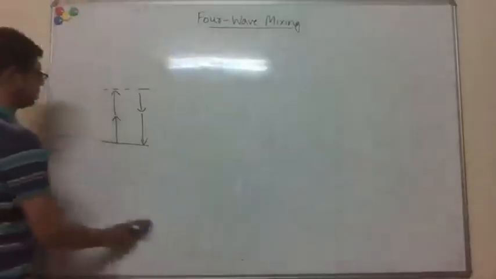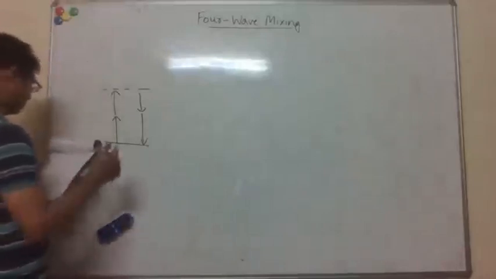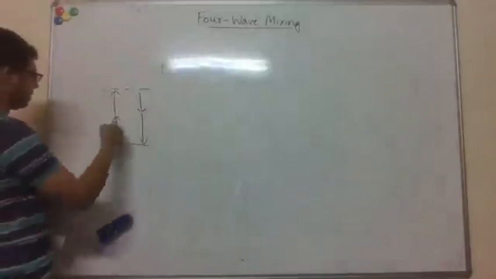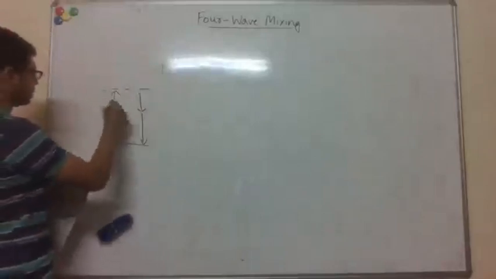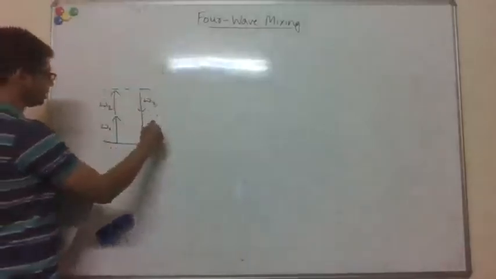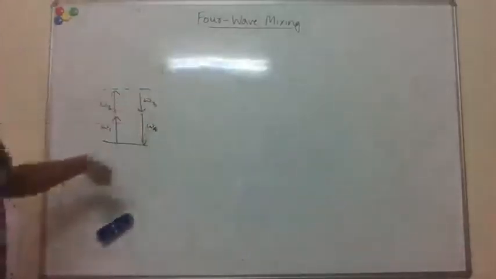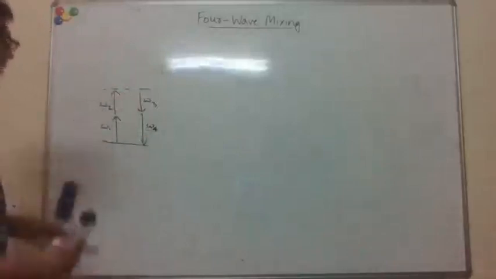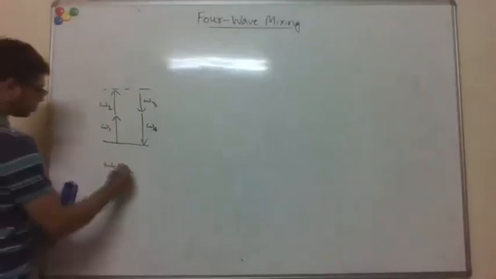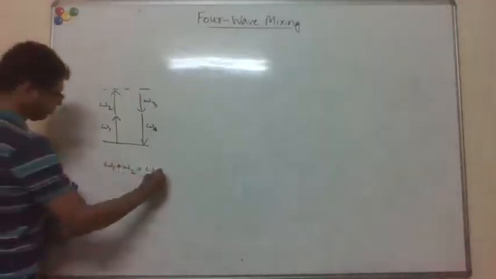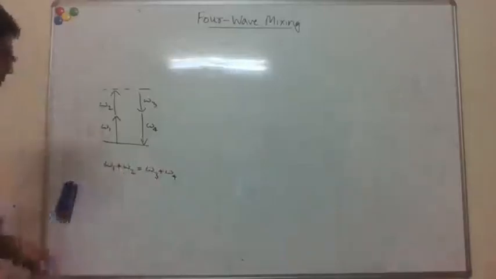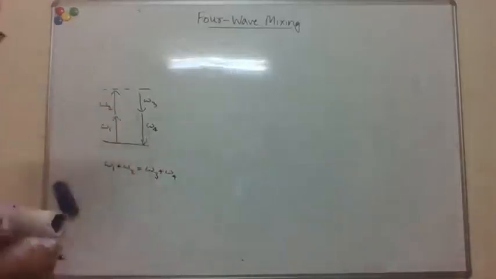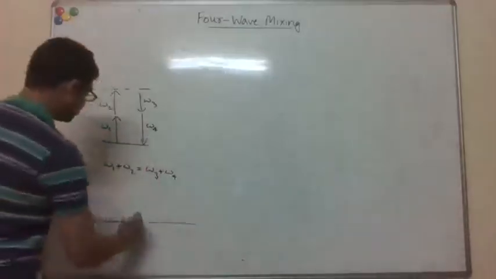So, whenever you look up four-way mixing in the literature, it will be some kind of interaction like this. In general, you could have four different frequencies involved. And energy conservation means omega 1 plus omega 2 is equal to omega 3 plus omega 4, which means these frequencies lie symmetrically